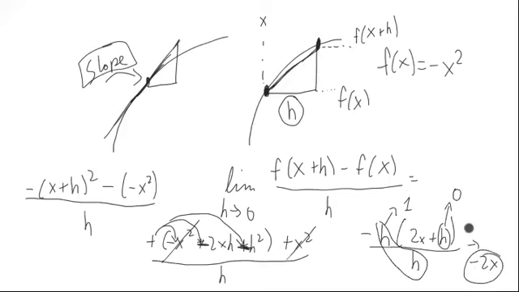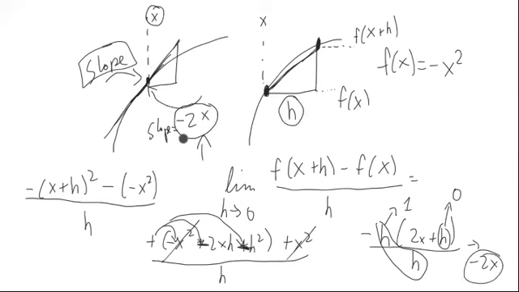Now what does this mean? This means that at an x coordinate, x, we know what the slope is. The slope will be -2 times the x coordinate. That's the slope. That's kind of neat. The slope is like a function itself, the slope of the tangent line. This is a tangent line slope. The tangent line slope is a function of x. So given a value of x, I can tell you exactly what the slope is,